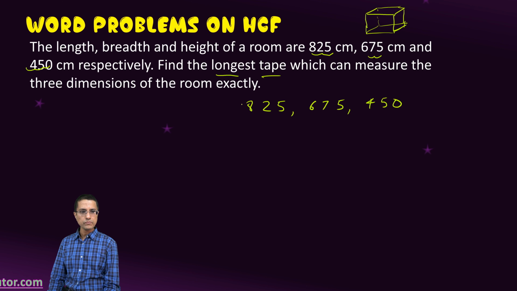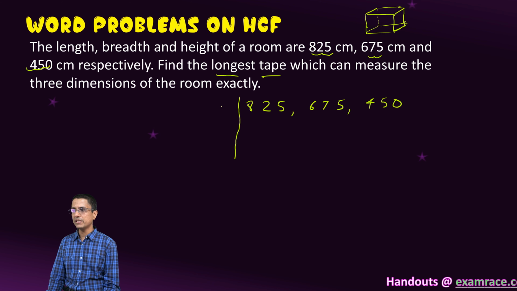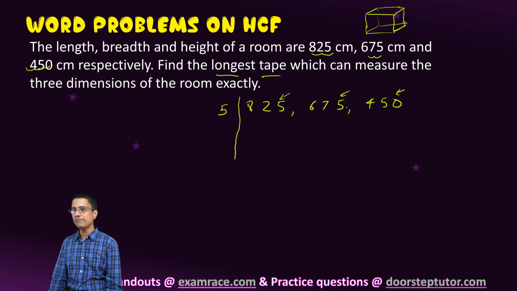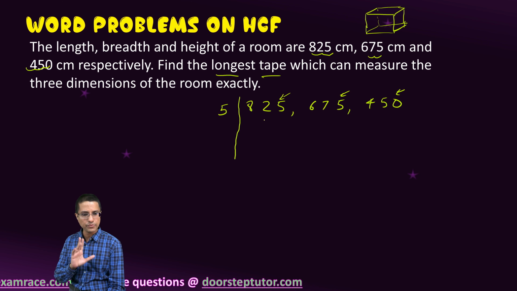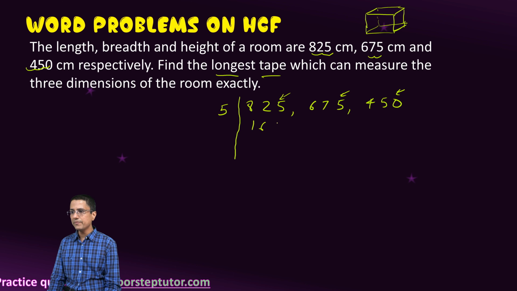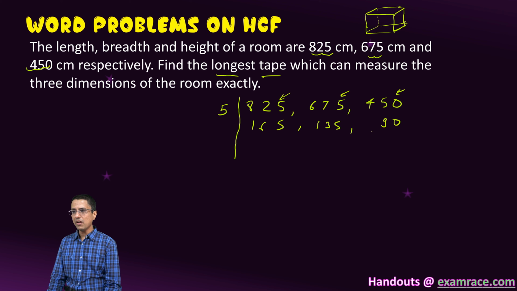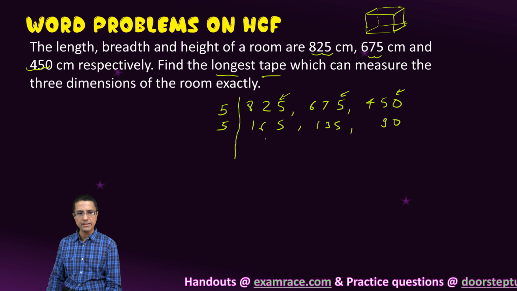Okay, so what we do is simply start by dividing the numbers. First we divide by 5. We know that all of these would be divisible by 5 by virtue of there being a 5 or 0 at the end. So again, using our divisibility test in our head, the answer would be 165, for this the answer would be 135, and for the last one the answer would be 90. Now from there we see that 5 is again a factor of all of these, so we again divide by 5.